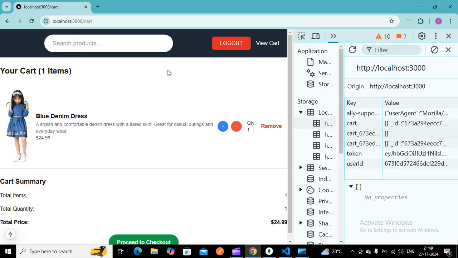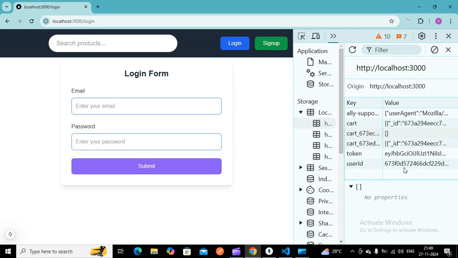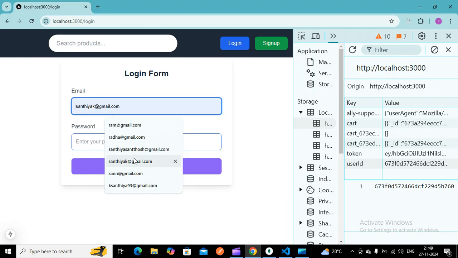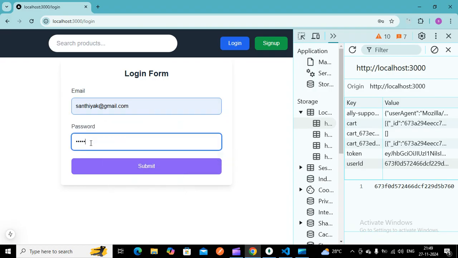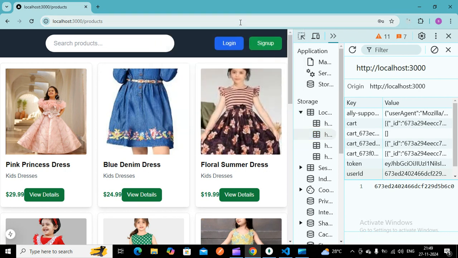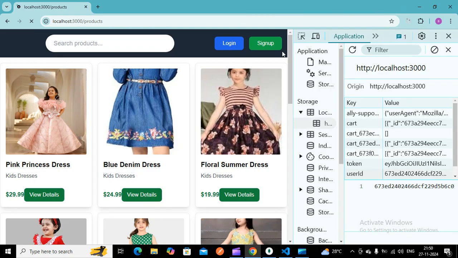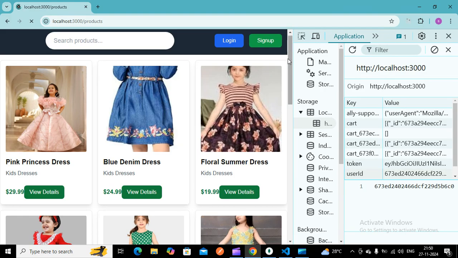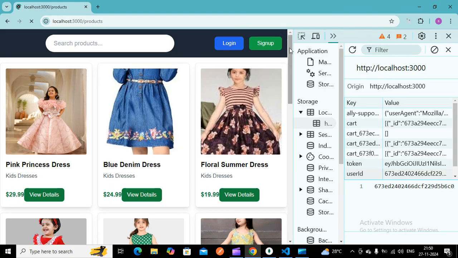If I log out and go to some other account, here this account is 60, I go to some other account. For example, here I go to this particular account 1 2 3 4 5 6. Once I click this, the user ID will get changed here. 60 is changed to some other ID, so here this is C0. Once you go to this particular products, you can see the cart information is specific to the user, not the one which we have added to that particular account.